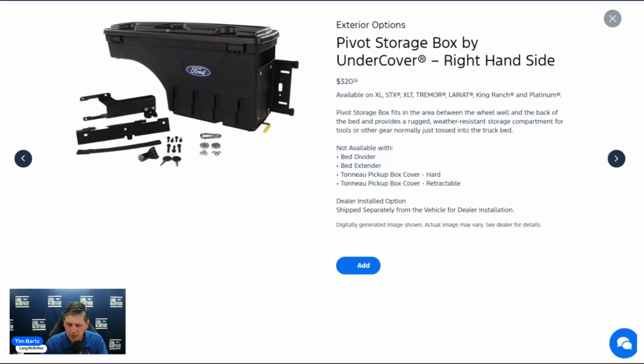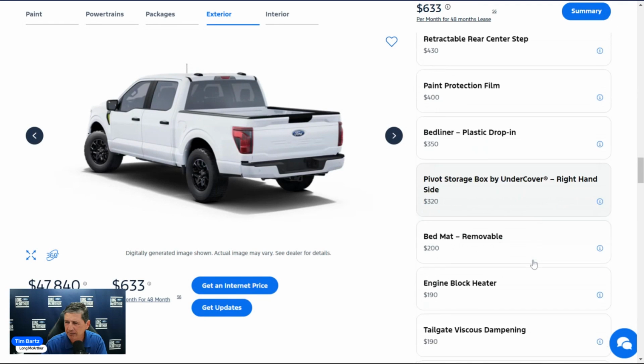Available in any of your equipment groups, but not available with the pickup, the tonneau cover box covers, the hard or the retractable. Looks like it's available with the soft folding though. And then it says in the bed extender as well, which I didn't think the bed extender was available, but there you go. And yeah, so I didn't think it was available with the drop-in plastic liner, but anyway,